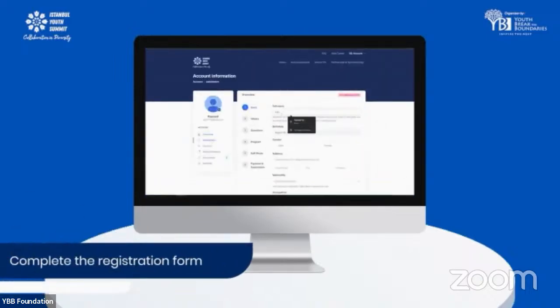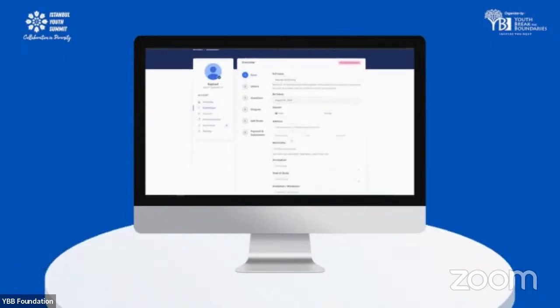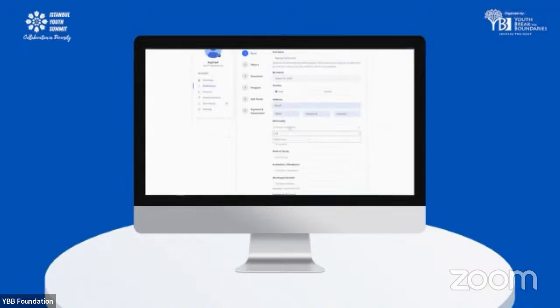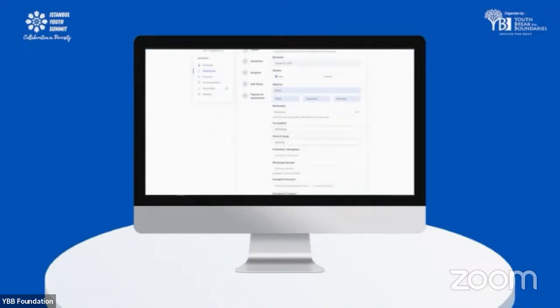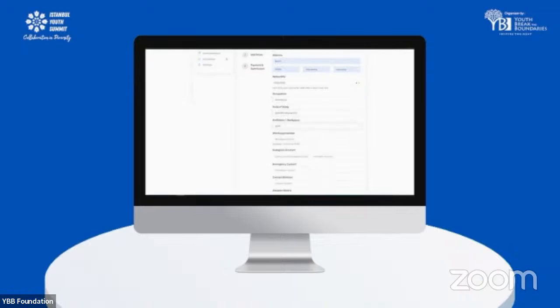Completing the Istanbul Youth Summit registration form. To complete the Istanbul Youth Summit registration form, follow these steps. Fill out the registration form with your personal information and other required details, which include